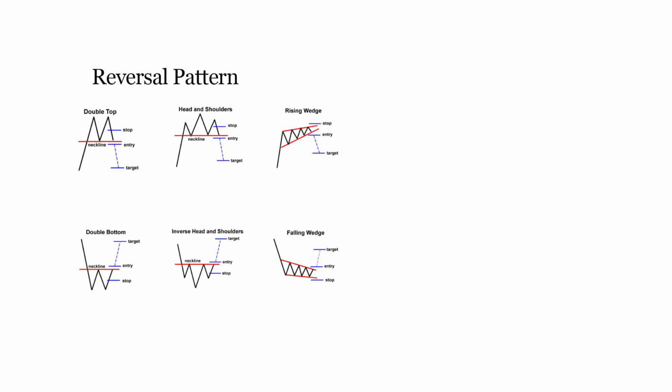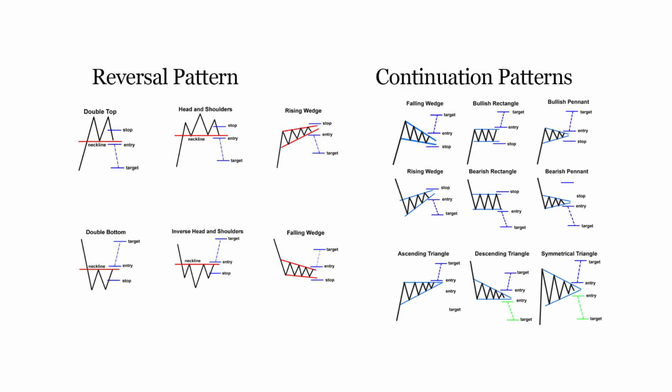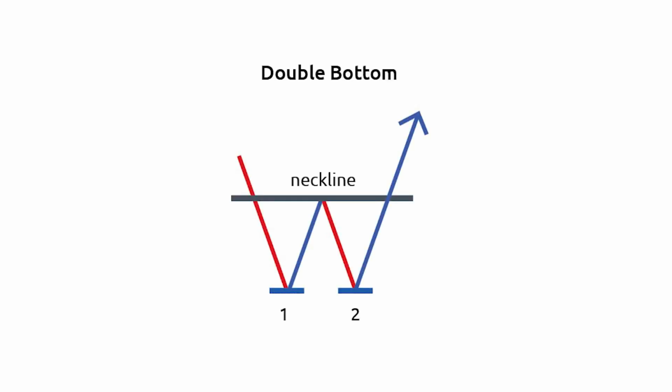Another way a trader can use candlesticks and highs and lows is by identifying chart patterns. Chart patterns are collections of highs and lows that form particular shapes. In the price chart, these shapes can be used to indicate a reversal or a continuation in the price movement, in the same way as candlestick patterns. In this video, I will only give you a few examples of chart patterns because, like candlesticks, there are many different patterns to learn. Chart patterns can be classified into 2 main categories, just like the candlestick patterns: the reversal